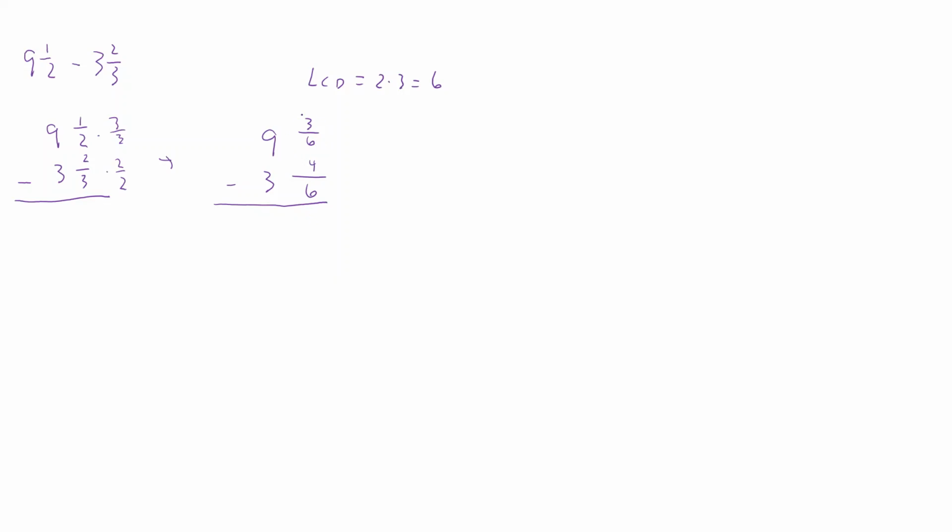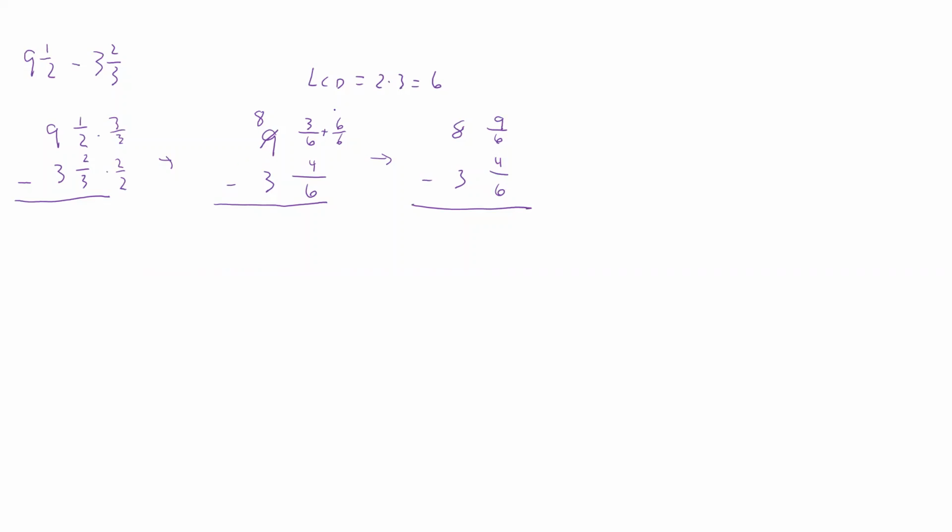So what we have to do is make this a bigger number. And so what we're going to do is borrow from the 9, a whole number, and we're going to borrow 1, so that becomes 8. And if we borrow 1, that means we're going to have to add 6 over 6 to this number. And so when we do that, this now becomes 8 and 9 over 6 minus 3 and 4 over 6. And now this problem works because 9 minus 4 is going to give us 5,